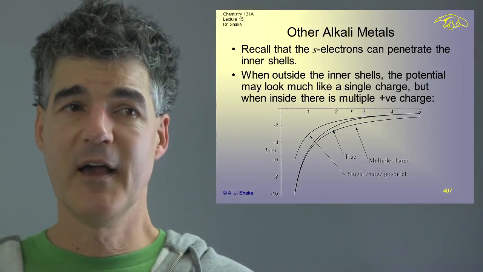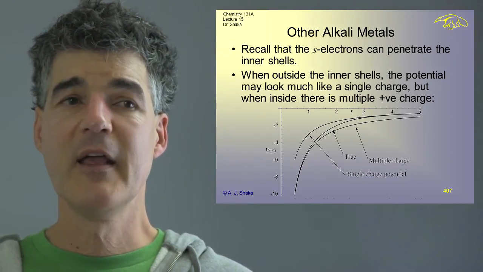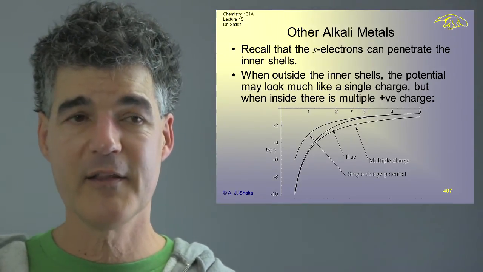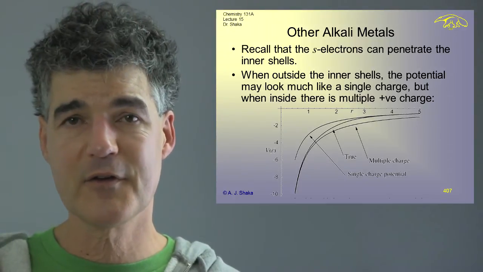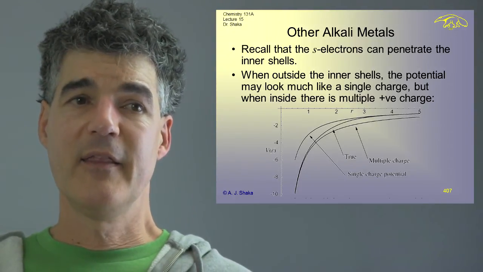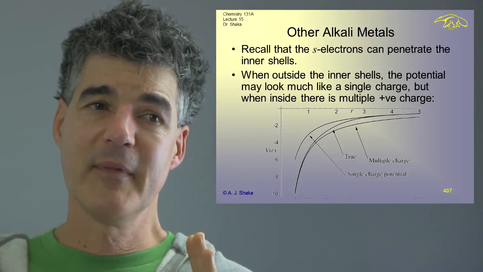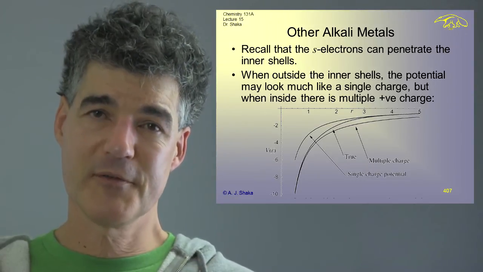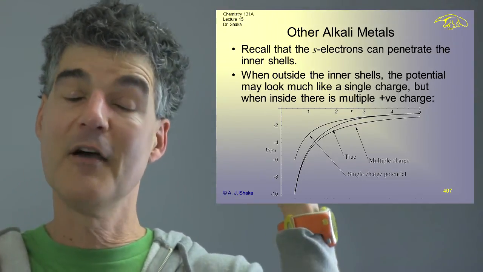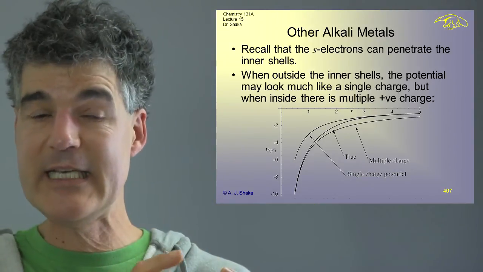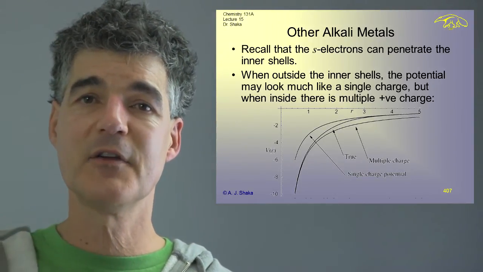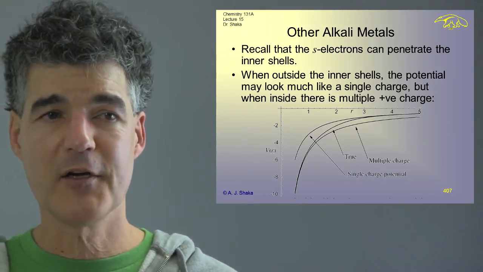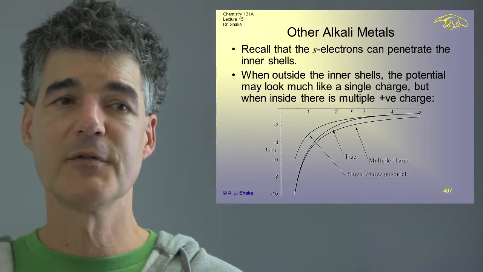So I've said that on this slide, the S electrons can penetrate. And here what I've drawn is an attempt to rationalize why we have to have this term. The potential when you get inside looks like a multiple charge, because now you have other electrons outside you, and so you actually see this gigantic nucleus, and you start diving down in energy. That's this curve I've marked multiple charge, with some value that's not equal to 1.